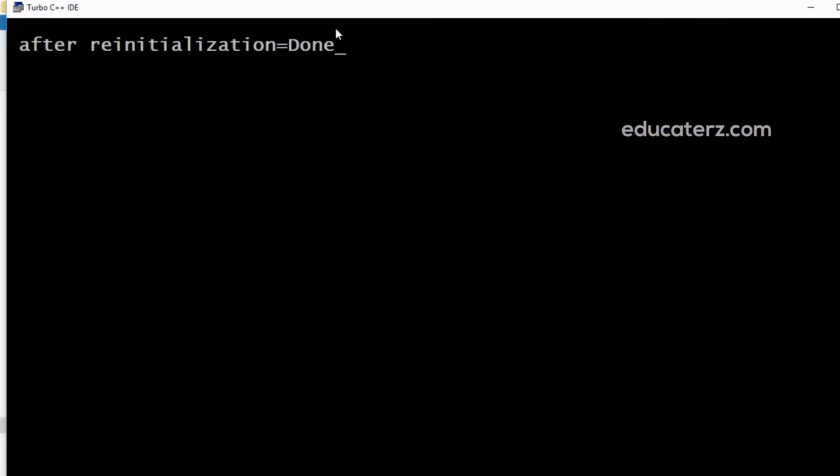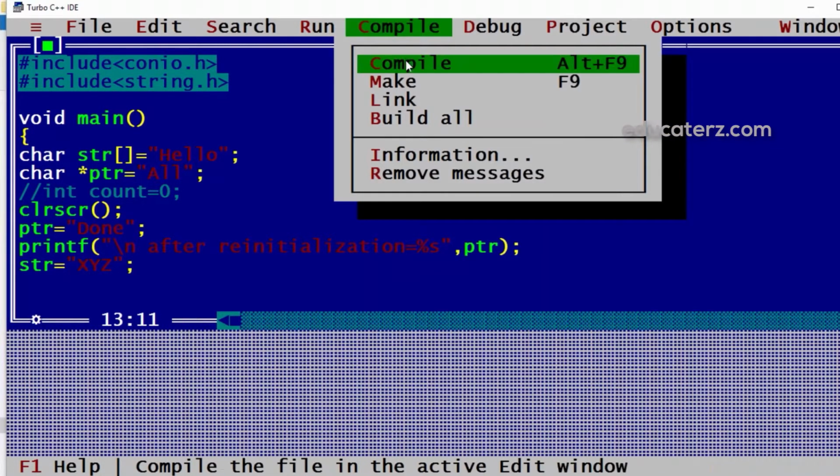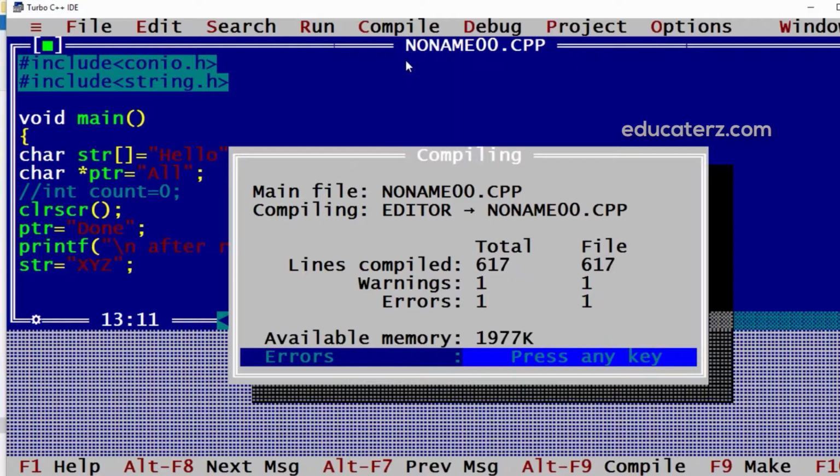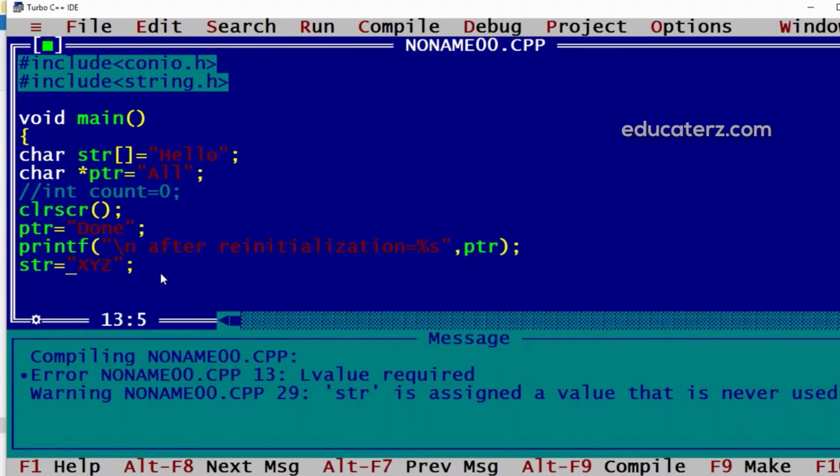After reinitialization we got the new value. But if I try to reinitialize str, this is not possible. If I make it something else, say xyz, we'll get a compile time error. Right? That is, L value required. That means if it is a character array, we cannot reinitialize it, but using a character pointer, we can.